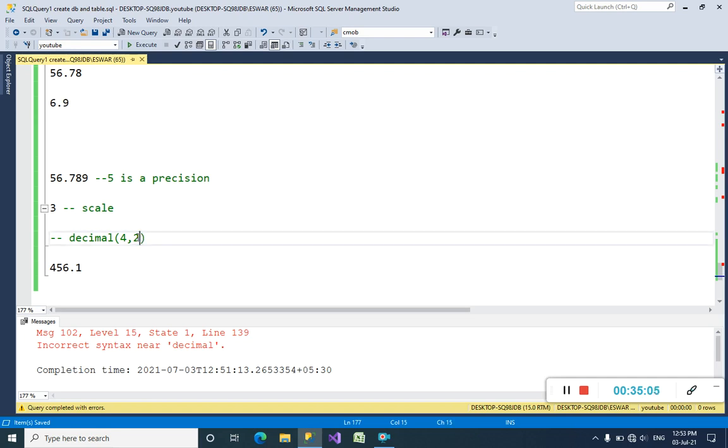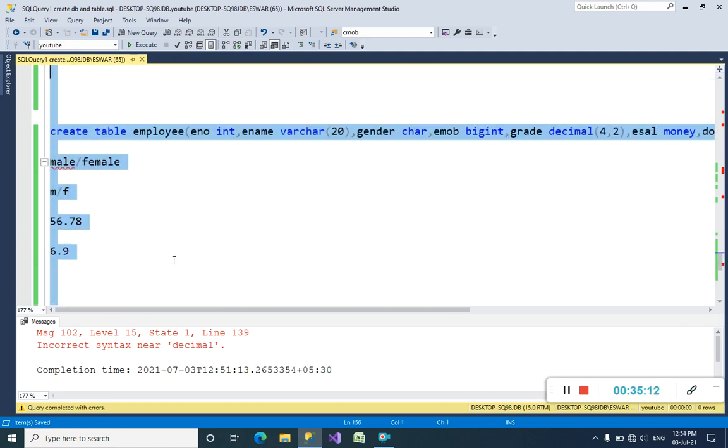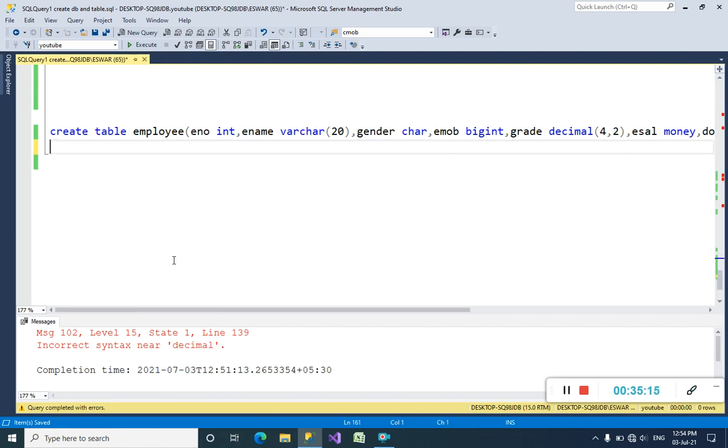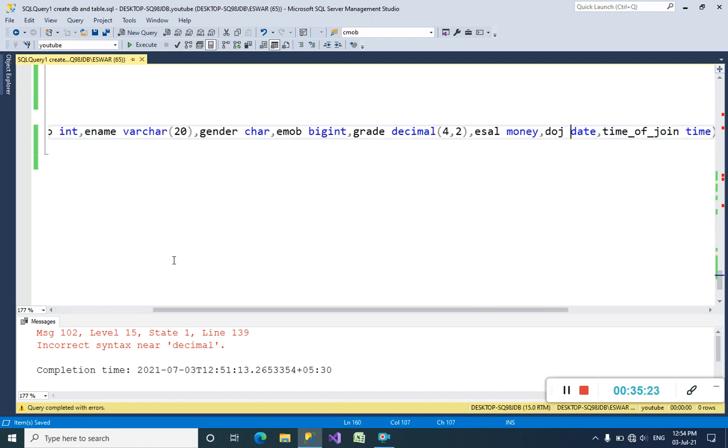Yeah guys, if you want to store decimal, I will tell you about it later, because we can't get to know right now. When I want to insert a value into a table, then you can definitely get my point. That's why I am moving to the next column. Guys, keep it in mind, I will tell you about decimal when I'm going to insert a record, then only we can get to know about it clearly.